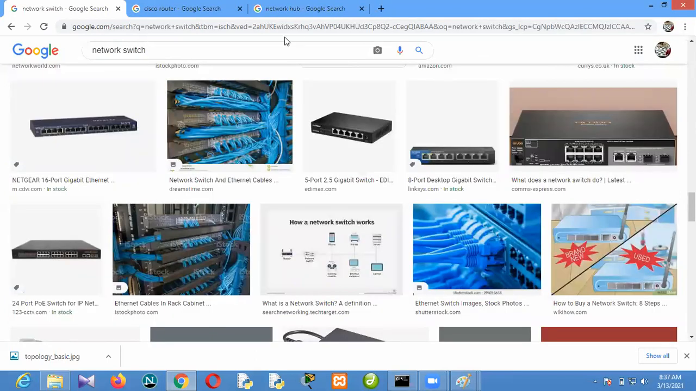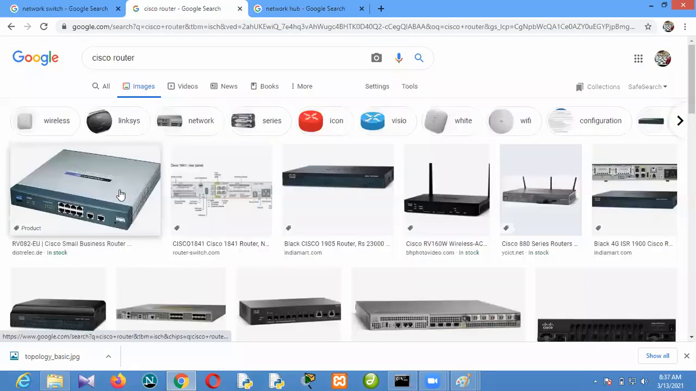Maybe I need to show you what a layer 3 switch is. This is the Cisco router, see the way it looks. Although there are some Cisco routers that are wireless, that have an AP, but majority of the